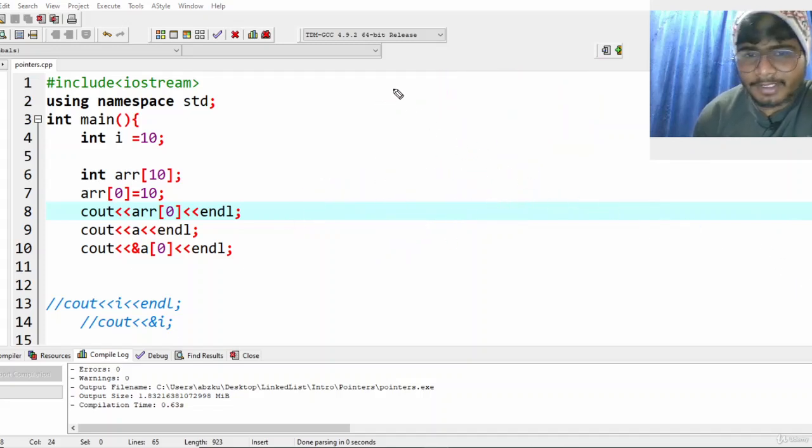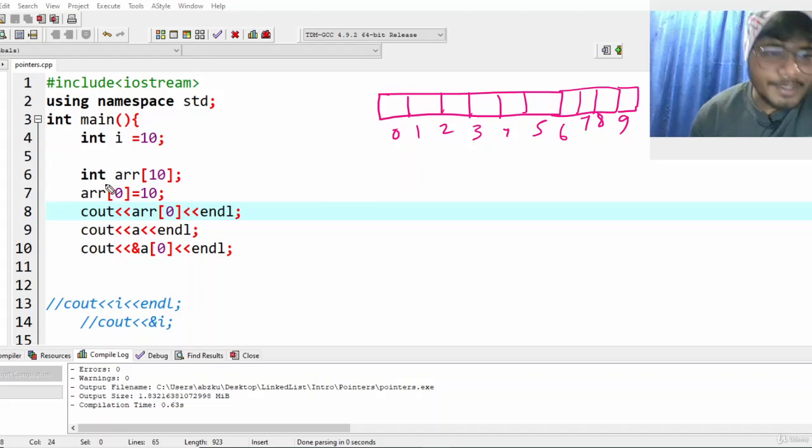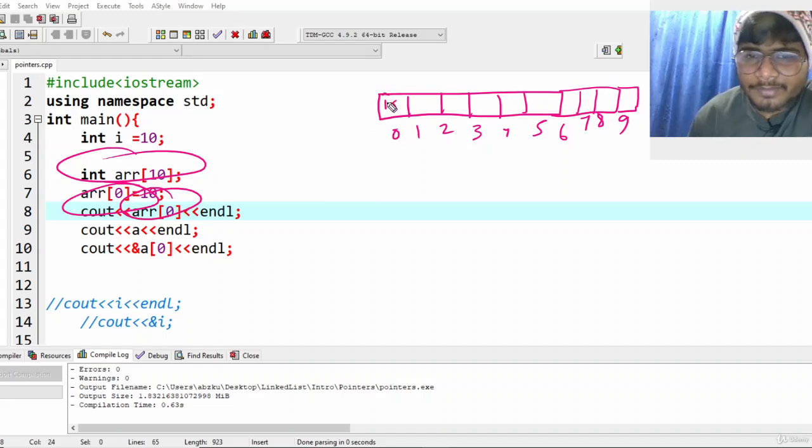We have created an array of size 10, with indices 0 1 2 3 4 5 6 7 8 and 9, until index 9, right? So I'm doing here, hey, you go at arr of 0 and put 10 and print the value of arr of 0. So what will be printed? 10 will be printed. What does this A print? A will print, see,